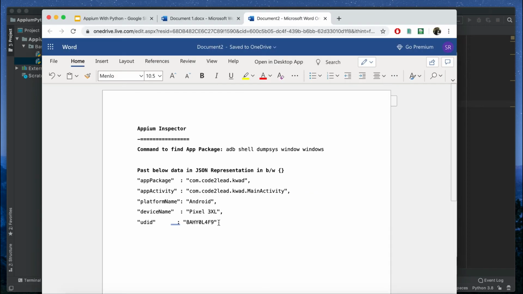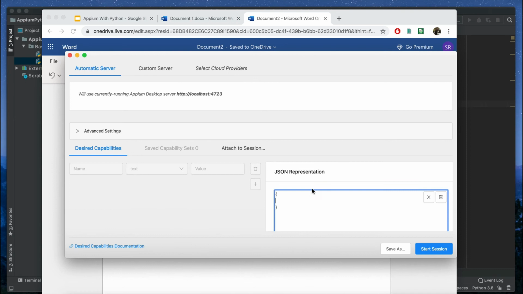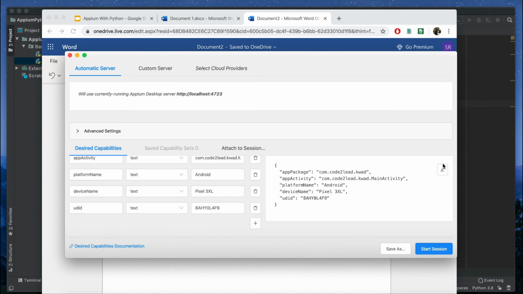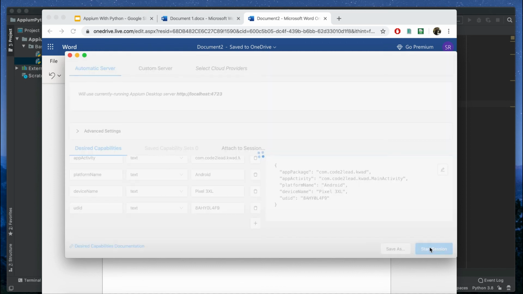These five values: the package we are going to launch, the app activity we are going to test, the platform name, whether Android or iOS, the device name, and the UDID, which is the ADB ID. Paste it here, click on save, and click on start session.